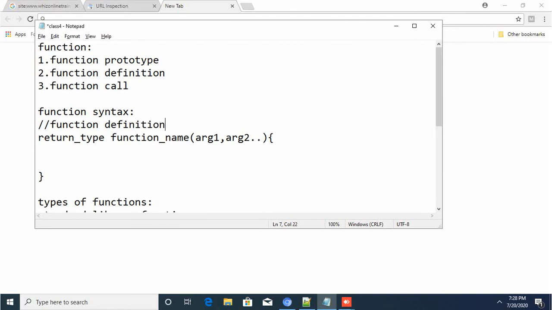Within this block you will be giving a set of statements, that is, operation statements.